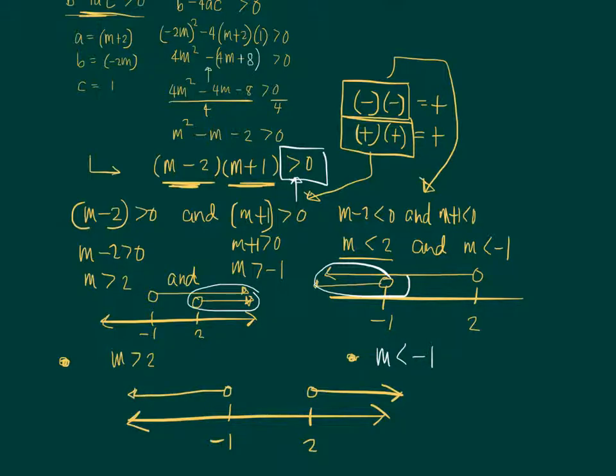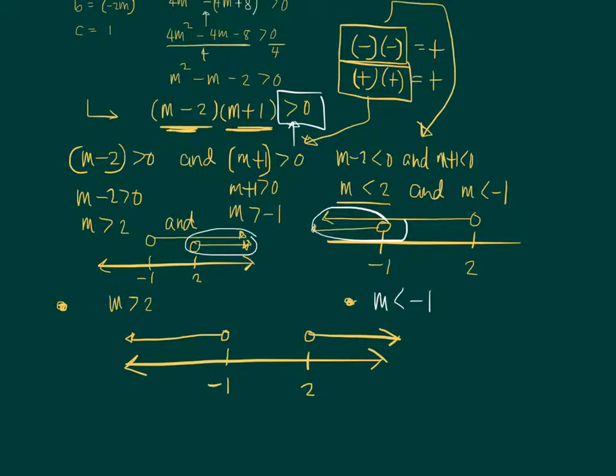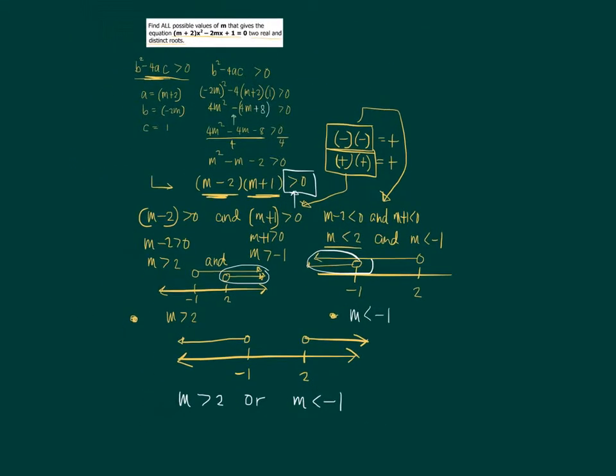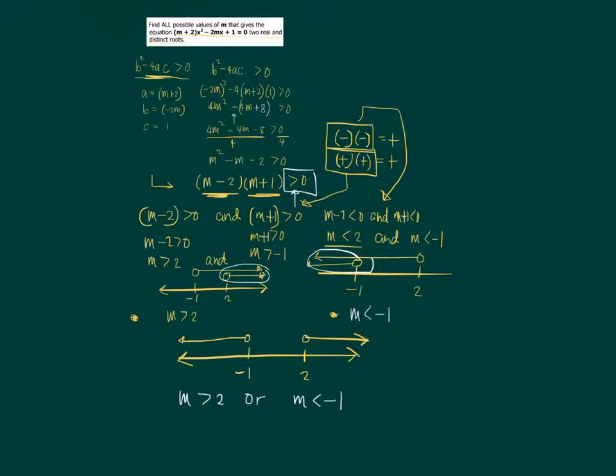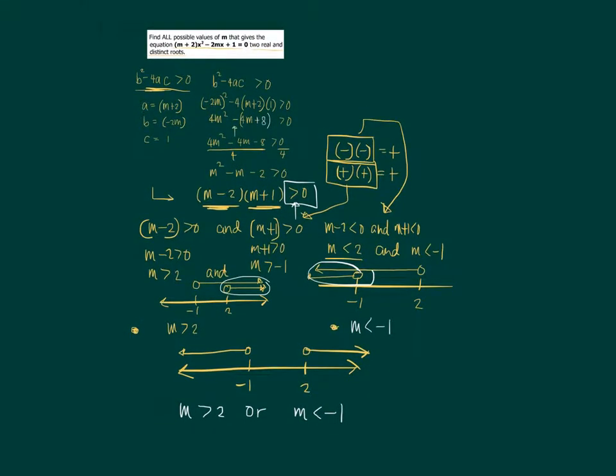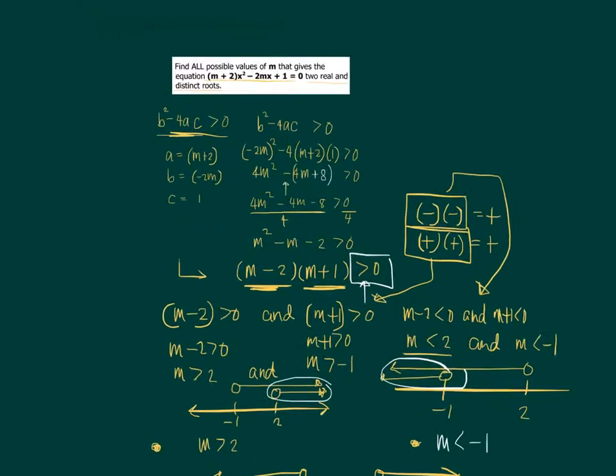So in symbols, we write that as m is greater than 2 or m is less than negative 1. Those are the only values that will make b squared minus 4ac greater than 0. Any number that you pick in between negative 1 and 2 will not make b squared minus 4ac greater than 0. Okay, so those are the values of m